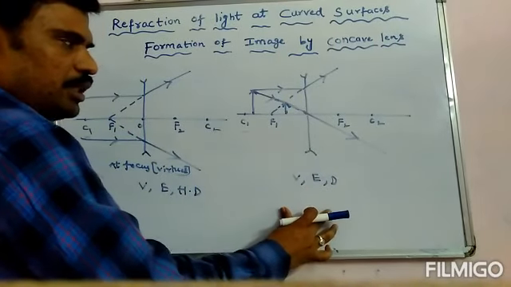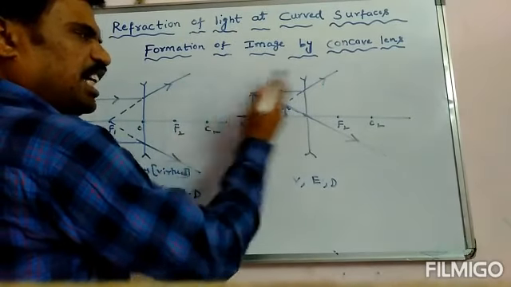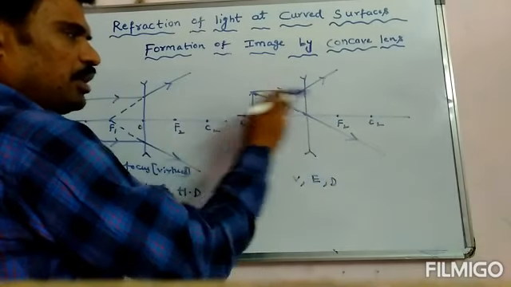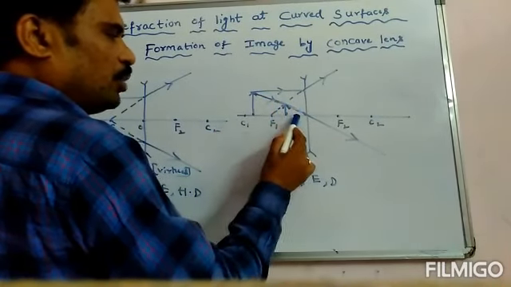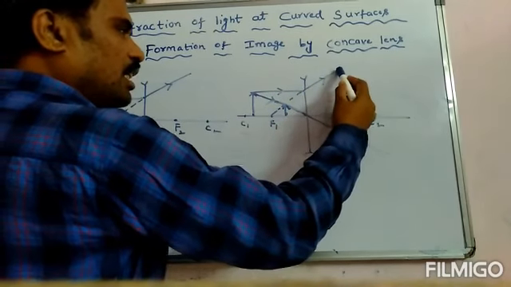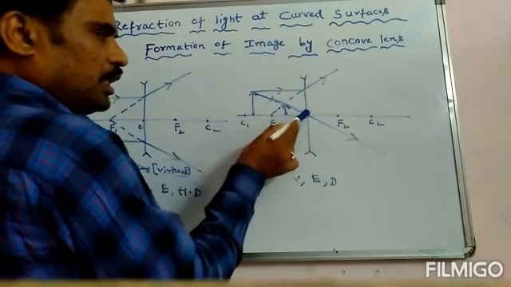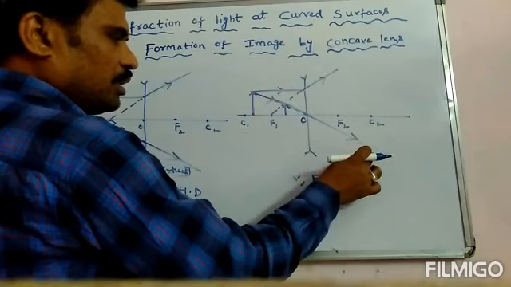Next, look at the second diagram. You can trace the object between infinity and the lens. Anywhere you can trace. Now I have placed it between C and F, but you can place anywhere. Then a ray incident parallel to principal axis, then the ray is diverging, appear to be coming from focus. Another ray incident at the optic center, but no deviation.